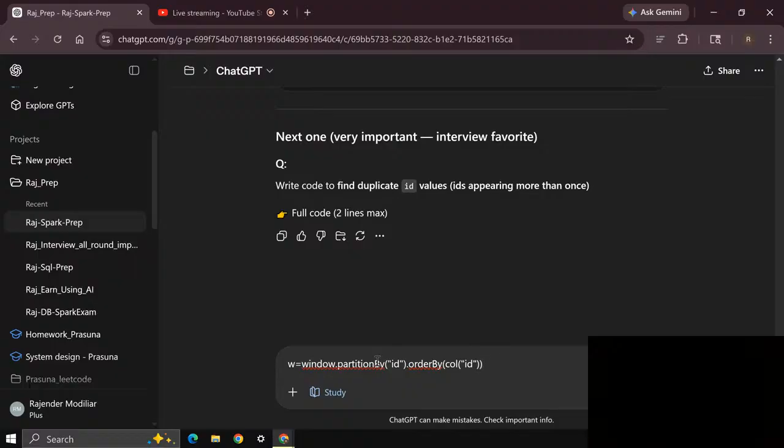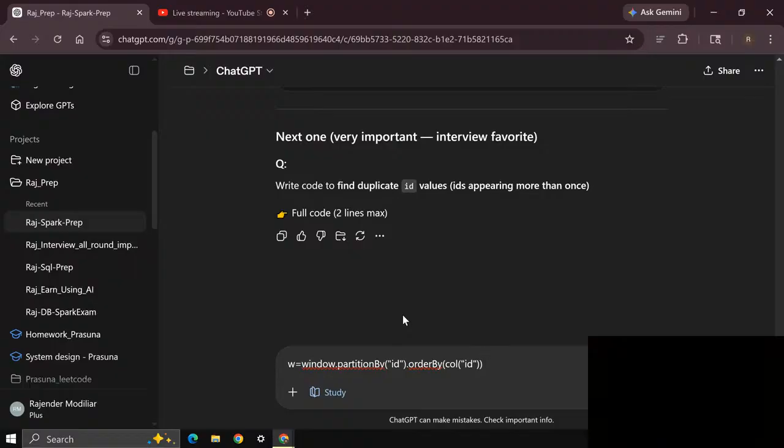You need not do anything here. The row number I need to assign in the next line, and then filter where row number is greater than one. That's it. I think partition by ID, order by column of ID, descending means... it need not order by.